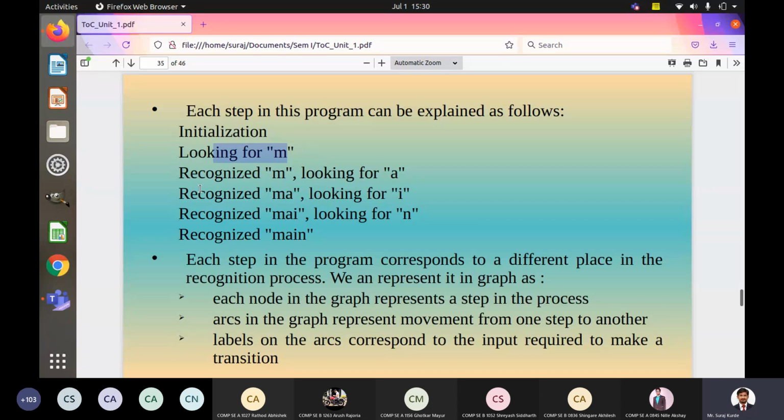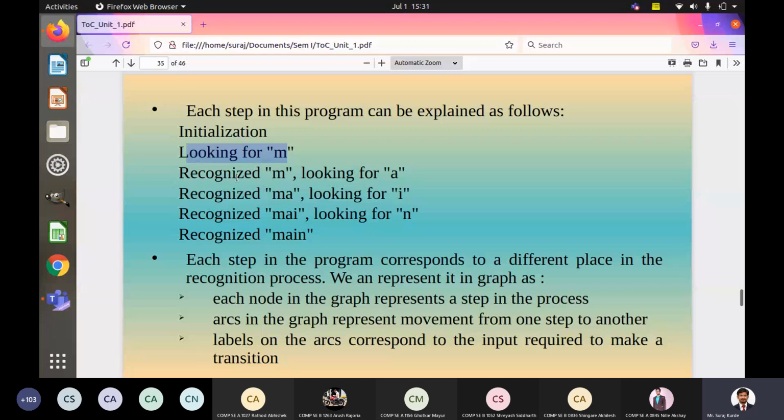This we have to perform using finite automata. You can write a code, and the same thing we are going to implement using finite automata. Now each input can be considered as an alphabet or input letter for the transition. There are different states of the machine. Initialization is the first state. Whatever the first state is, it is the initial state or start state.